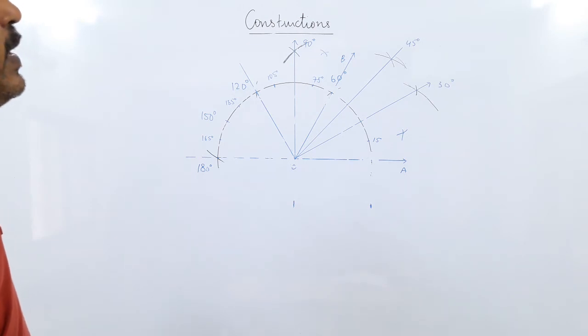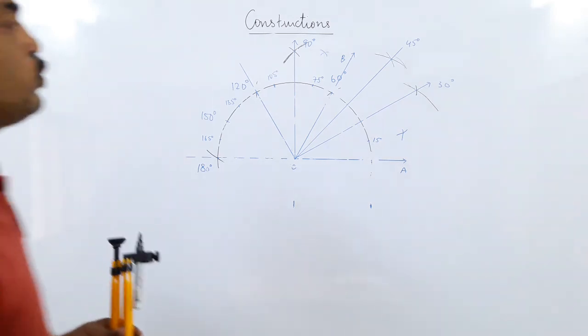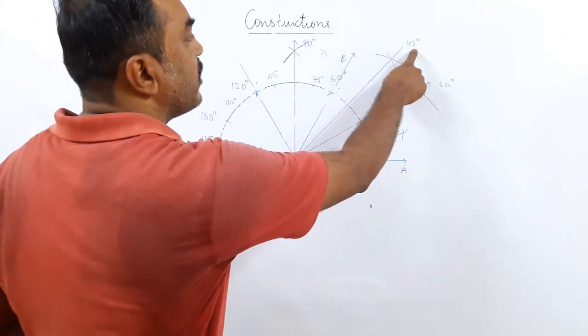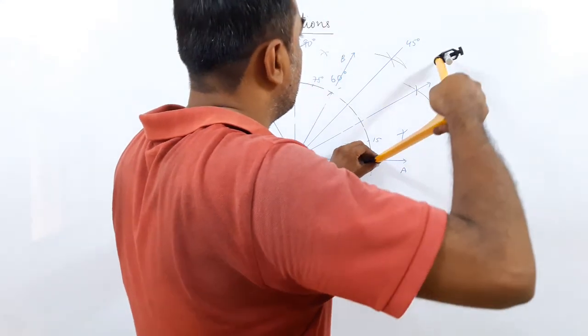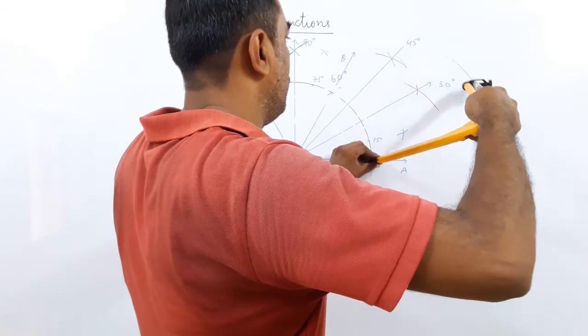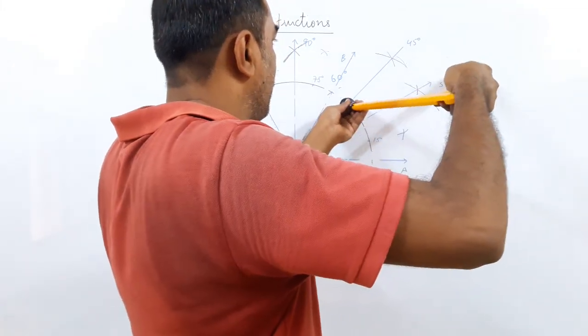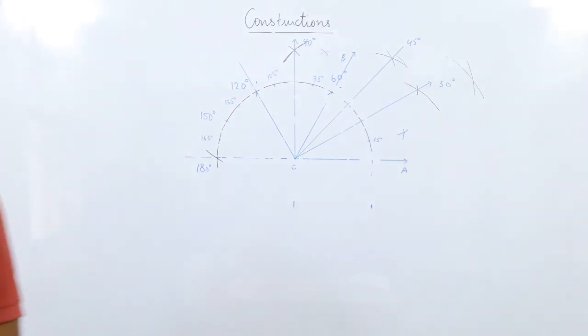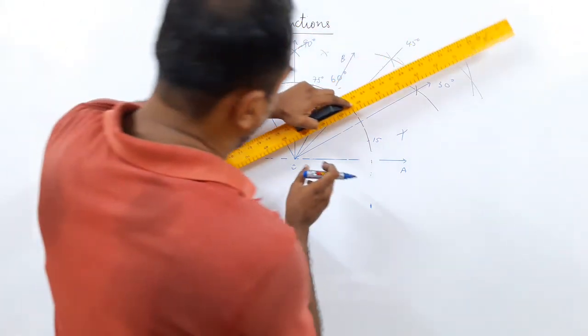Okay, now can I get 22 and a half? The last thing I will try is going for 22 and a half. Where will I get 22 and a half? I know 22 and a half is exactly half of 45. If 45 divided by 2 gives me 22 and a half, so I'll put the cursor here at the center, and I will draw an arc at 45 degree exactly. Half of 45 is 22 and a half.